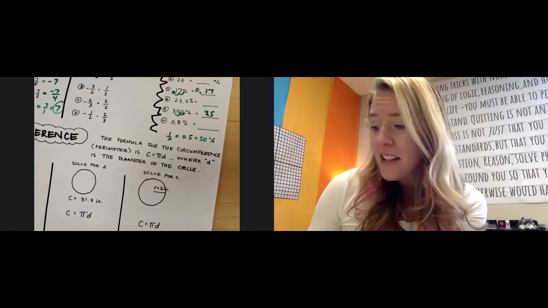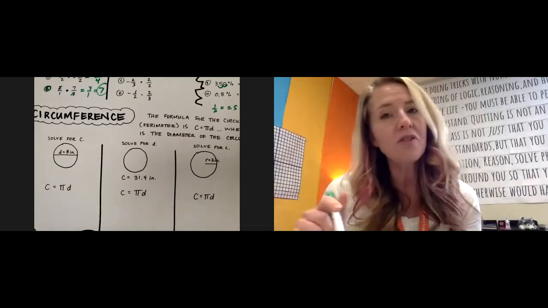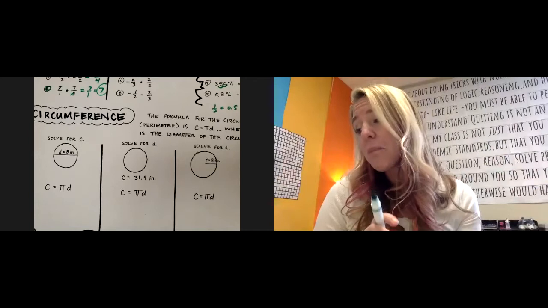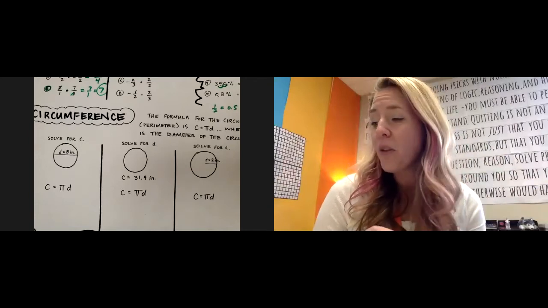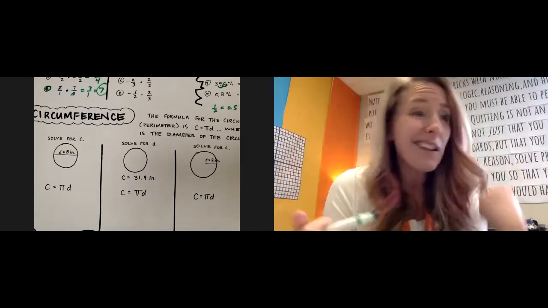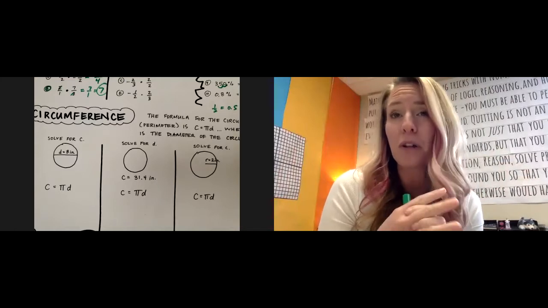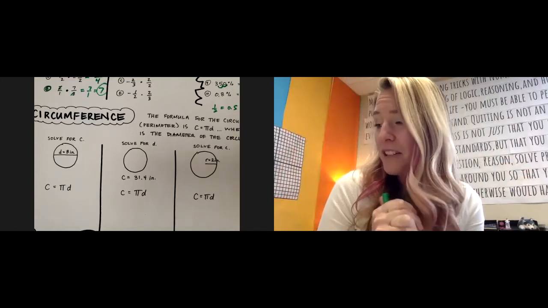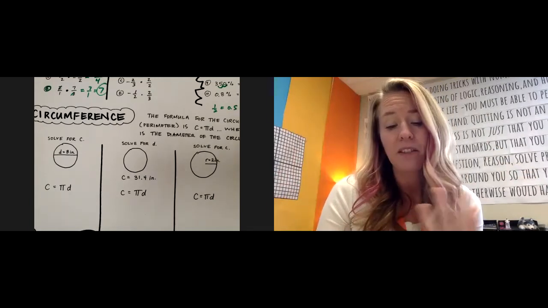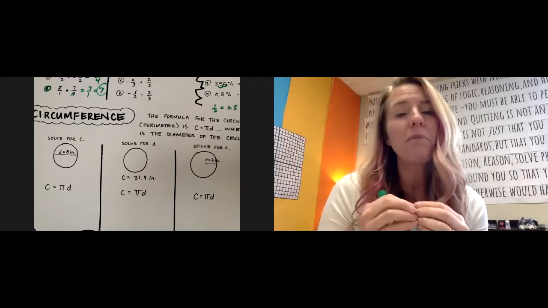All right, the last set of problems that I have for you are all on circumference. Okay, so circumference is just the fancy way. Circles get all their own little fancy sayings. Circumference is simply the way that we say perimeter for a circle. And some guy a long time ago, some mathematician, I don't even know who, probably a Greek mathematician, I'm showing my ignorance here, he figured out the relationship of the diameter with the number pi, and how that if you multiply them, they're going to equal